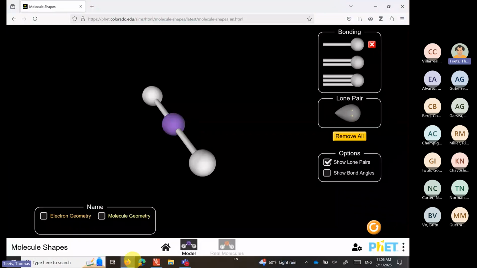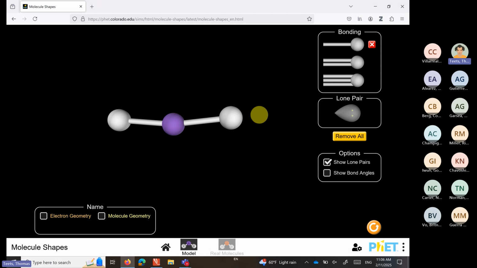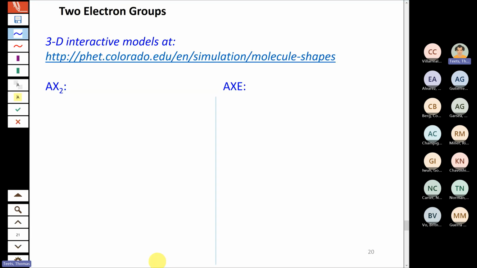Hopefully this comes through okay on the recording, but as you can see, if we have 2 electron groups here, we can rotate the structures as well. And the 2 bonded atoms end up 180 degrees apart from each other, linear. That's the farthest away they can be if there's 2 of them. All right, so when we have AX2 with no lone pairs in the center atom,